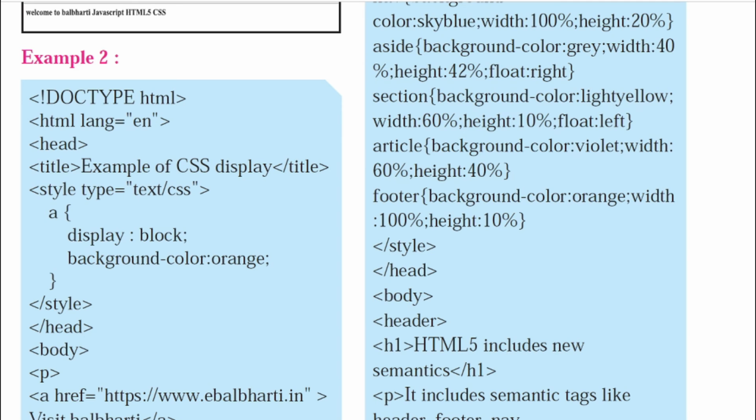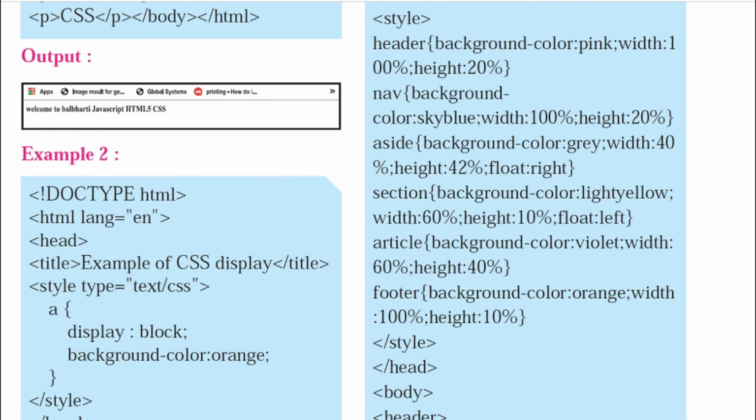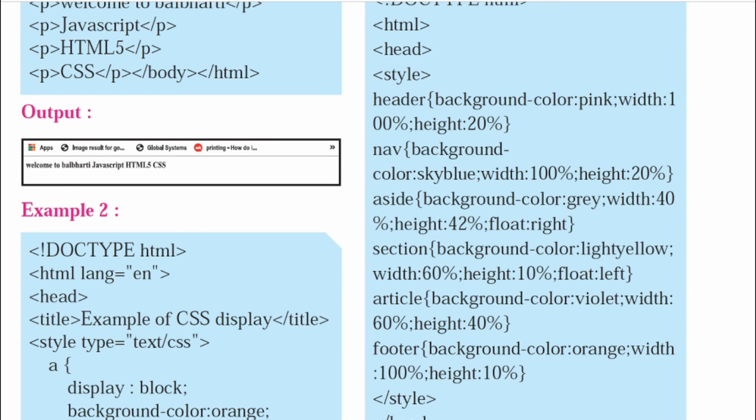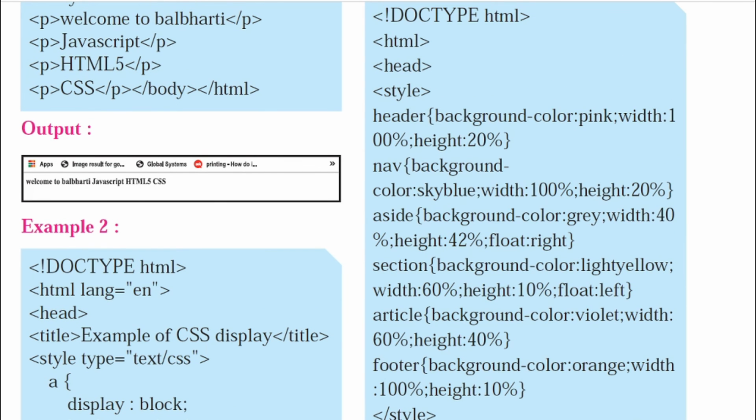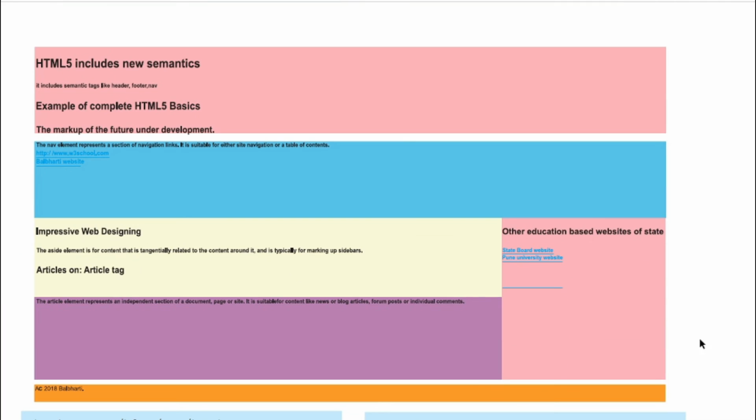Basically, these sections are called semantics in HTML. We have a navigation section which takes you to various hyperlinks. So all these sections are termed as semantics in HTML5. So how to use this? There is a brief program given here. We'll be performing this brief program, and after this you will get an output something like this, my dear students.